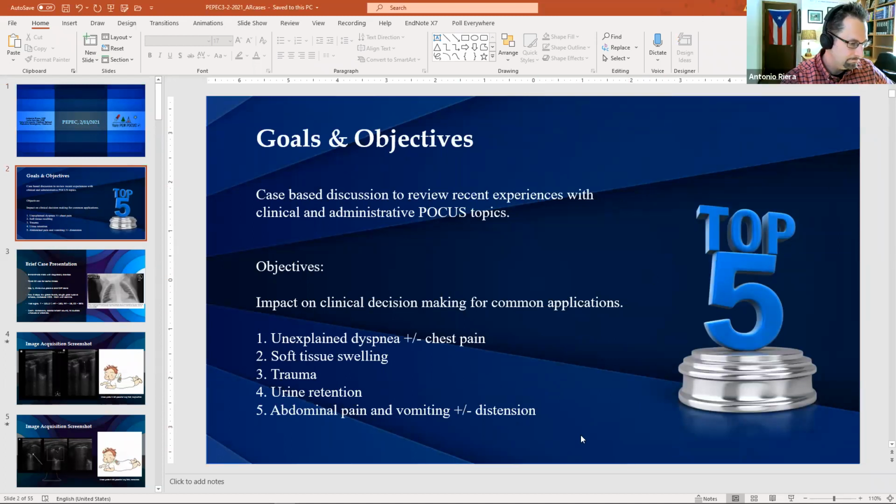So I tried to come up with at least a theme for this session. I think we've done a lot of roundtable discussion about some really amazing pickups and really bizarre zebra type cases. So I thought I'd reel myself in a little bit and go over some more day-to-day bread and butter type scans that we do. So I put together a list of my top 5, which is really a top 6 because the joints aren't here, but the top 5 reasons for Antonio to pull up his POCUS machine include cases where there's unexplained dyspnea, with or without chest pain, obviously soft tissue swelling, trauma, urine retention, and then abdominal distension with some degree of